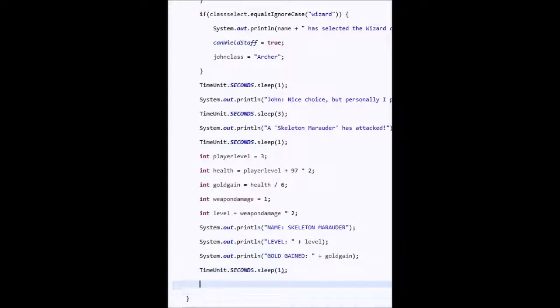Oh my god, what kind of mistake was that? That was a super noob mistake. Alright, System.out.println,